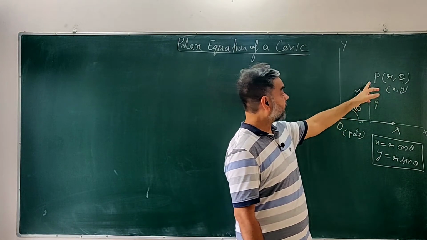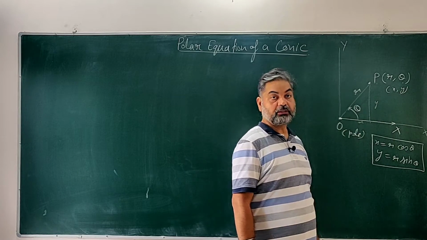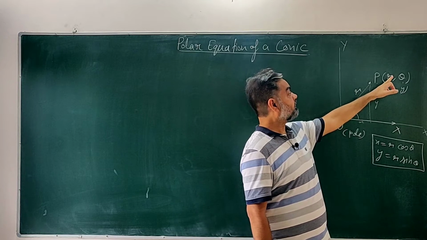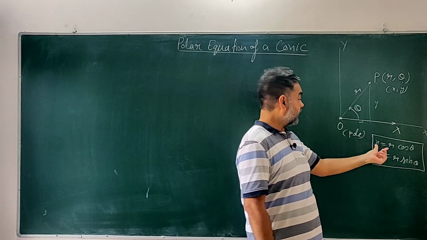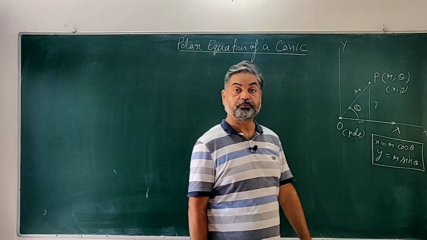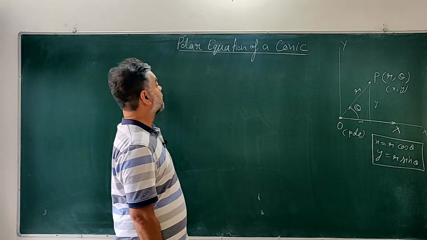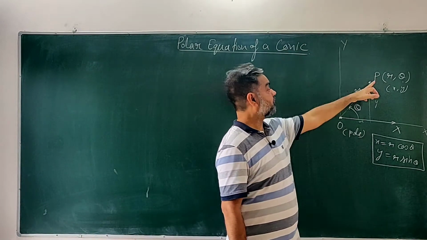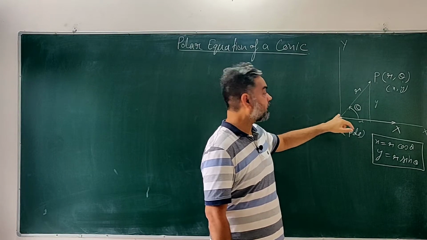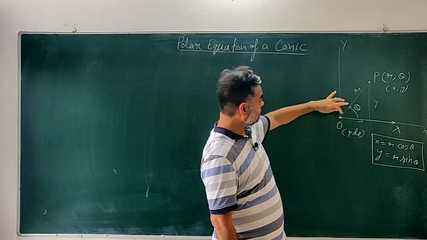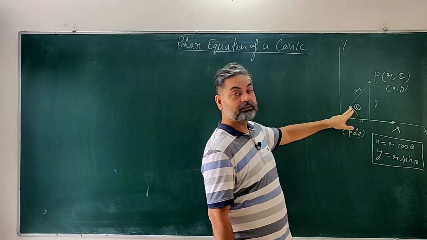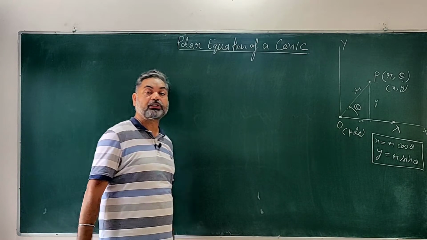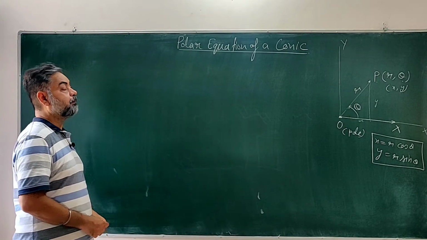If the Cartesian coordinates of the point P are x and y, then it is easy to see from this figure that the relation between Cartesian coordinates and polar coordinates is x is equal to r cos theta and y is equal to r sin theta. So this was what the polar coordinates of a point are. You have an initial point and an initial line, and if this length is r and this angle is theta in the anti-clockwise direction, then we say that the polar coordinates of the point P are r and theta.